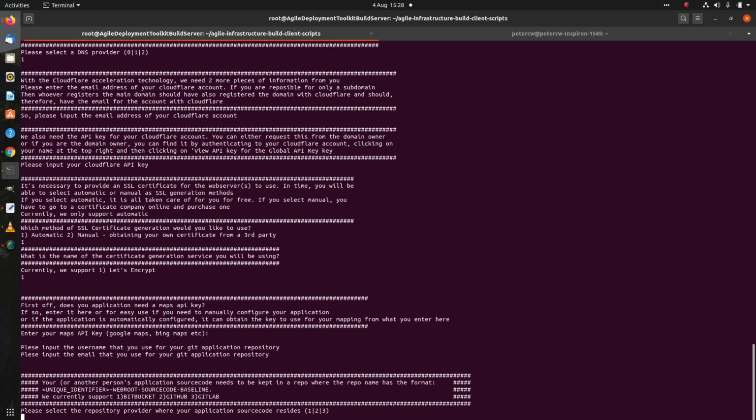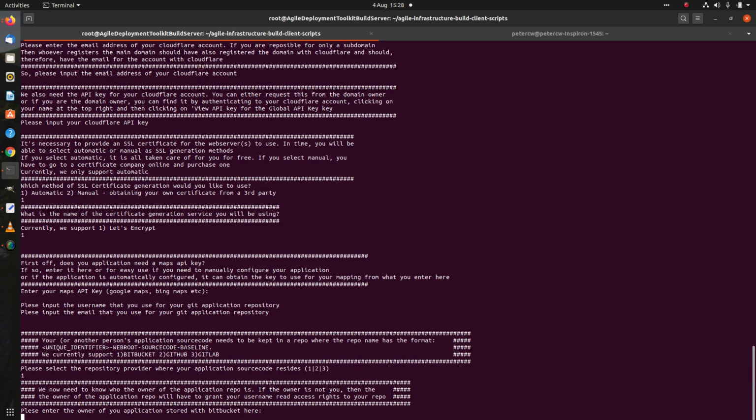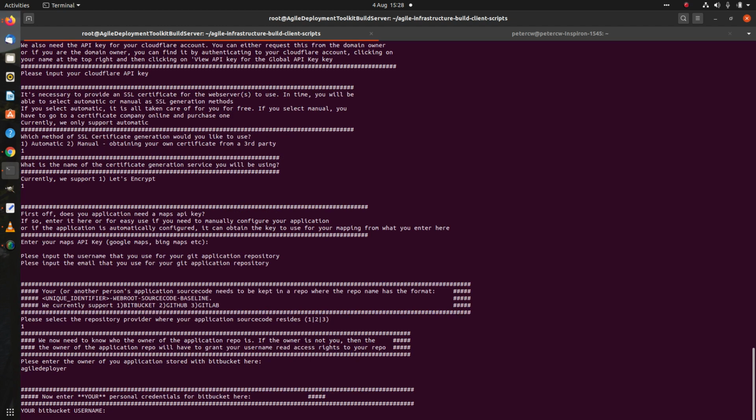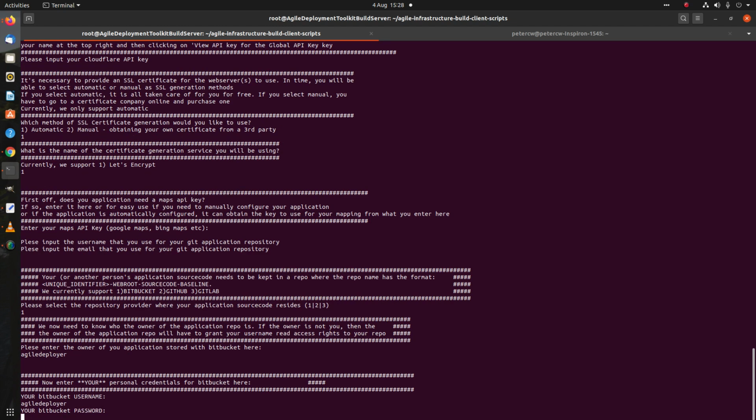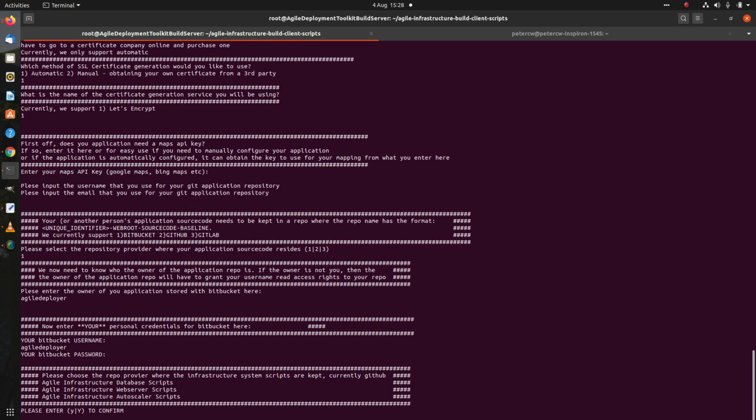And then the application source code is going to be stored in Bitbucket on this occasion. It's just my choice to use Bitbucket, so I'll choose option 1, and then I enter the owner of the application, which is Agile Deployer, and the username is also Agile Deployer, and then I enter the password for my Bitbucket account. So I just put Y to confirm there,